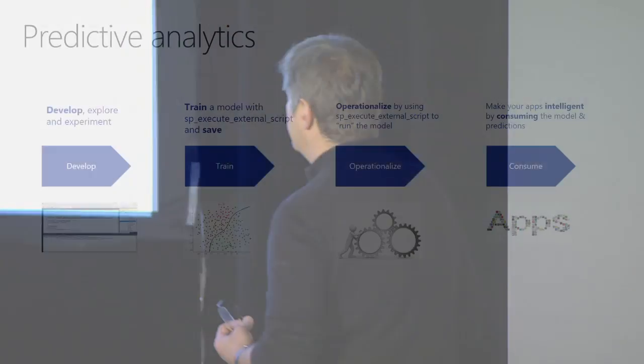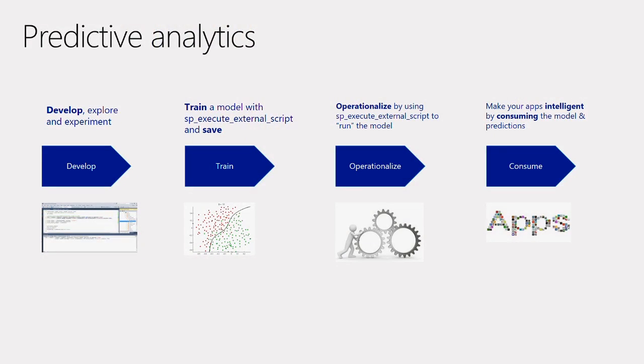Now, imagine that same thing in every other industry where it would be useful to predict something that's going to happen, whether an engine failure, a heart failure, or a pacemaker failure, all of those things where you can try to predict. So this is the process. You develop a model, you train the model, you operationalize the model, and your app starts calling the model every day, every transaction, every whatever you need. Make sense? Everybody good?